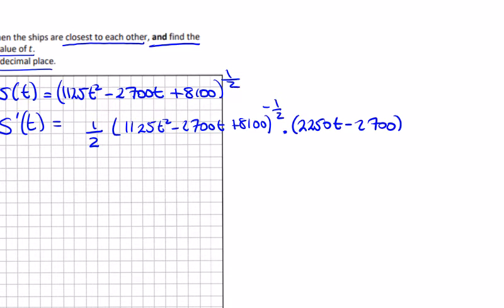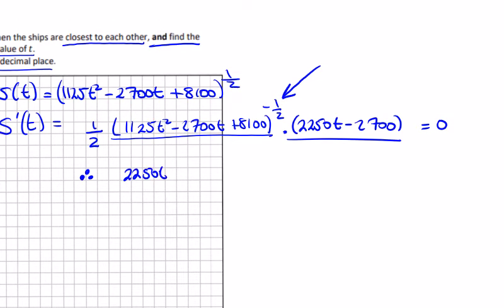So we could tidy this up. It's going to be equal to 0. So if it's going to be equal to 0, what can we say? If we're to let all of this equal 0, this guy's going to drop down to the bottom. So the top of the fraction will have to be equal to 0. It doesn't matter what we have on the bottom, which is 2 times the square root of this whole thing. So we can jump to the top of the fraction, which is 2250t minus 2700 would have to be equal to 0. To save yourself a bit of time, you could say that is equal to that. So t is equal to 2700 over 2250. You can put your extra zeros in if you want, and this works out to be